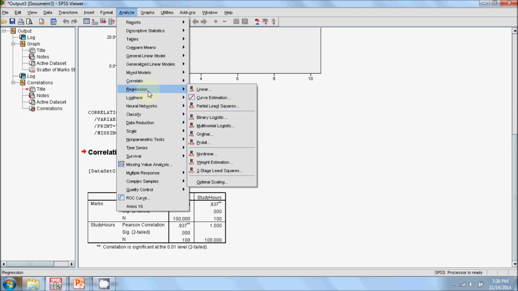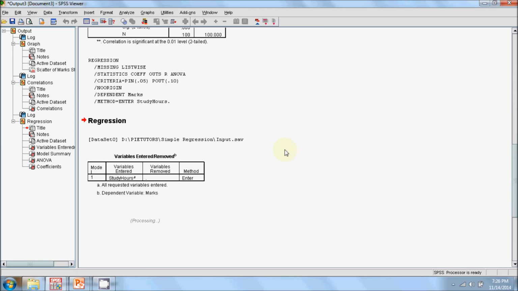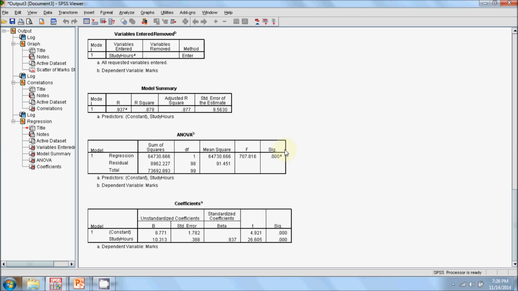To perform the regression analysis, we click on Analyze and Regression. We select marks as the dependent variable and study hours as the independent variable. So these are the results from the regression analysis. The regression analysis indicates the impact on the dependent variable if there is any change in the predictor variables or the independent variables.